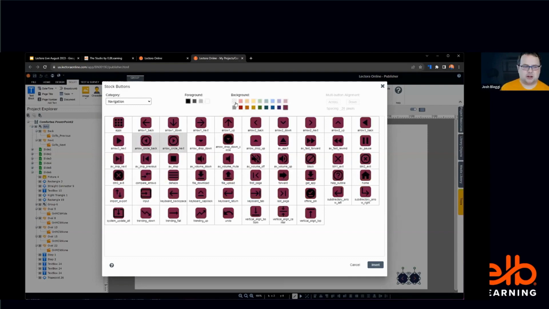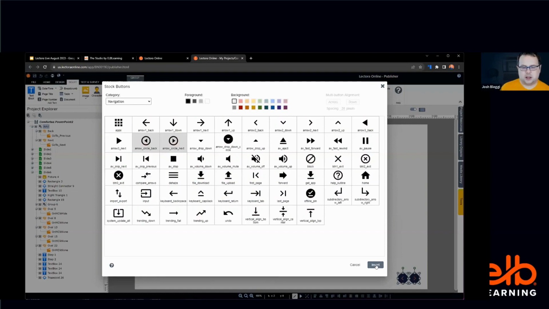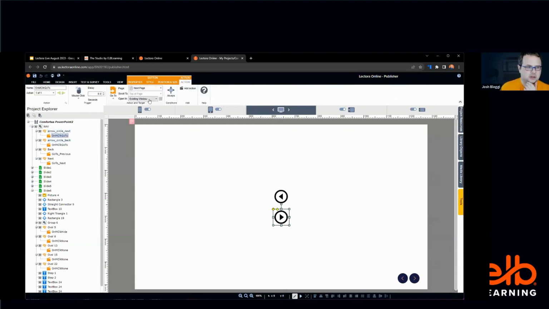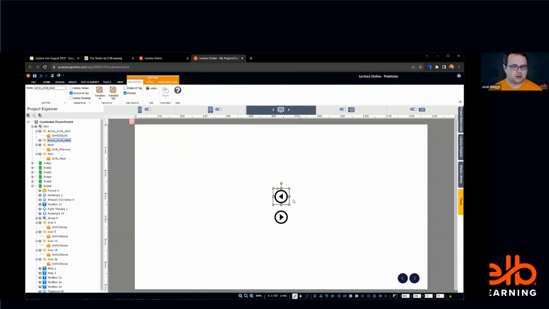Then you just insert them, and they automatically come with an action. In this case, they come with the action pre-built to go to the next page and the previous page, so they already have the next and back navigation in there as well. So that's another option for how you would create these. They ended up in my group and I didn't quite mean them to, but